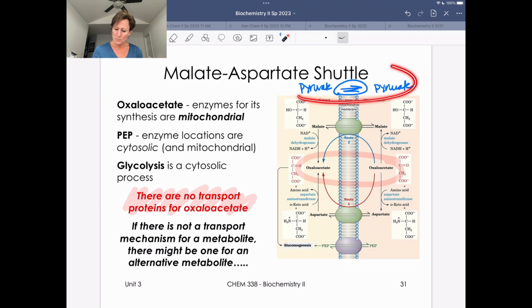We do have transporters for pyruvate. So pyruvate can easily go back and forth between cytosol and mitochondria. So that one works okay. But what we're going to see here is that we are going to transport the net of oxaloacetate either as malate, because we're using the malate portion of this shuttle, as aspartate, because we're using the aspartate part of this shuttle, or another thing we can do is we can use PEPCK to make oxaloacetate into phosphoenolpyruvate, and then we